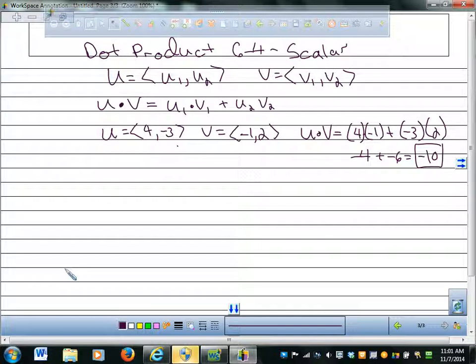What does it tell you? It can tell you various things depending on what the application is. Okay? So some properties. Properties of dot products. One is that it